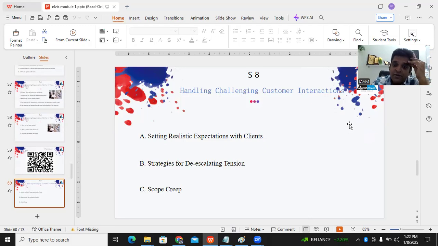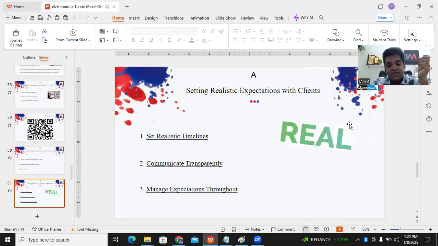So this was part of session three. I'll just tell you what it is, run through it. What was it all about? So the first part is set realistic timelines. So in software development, at times the customer comes with, I want these features, I want this software in this time, and the client says, okay, you will get ABC at XYZ rate within PQR time.